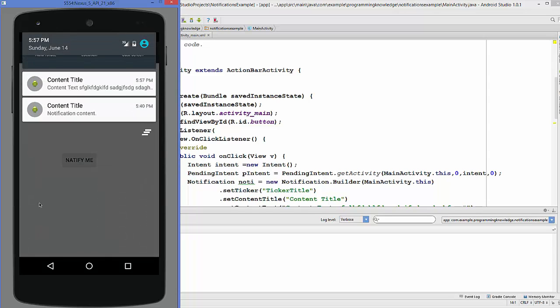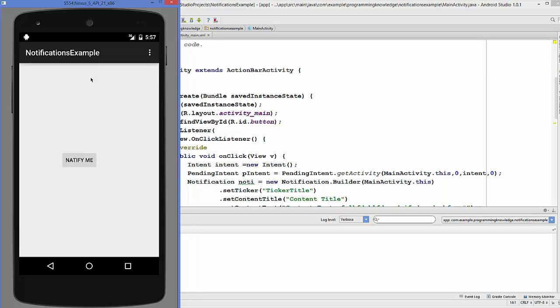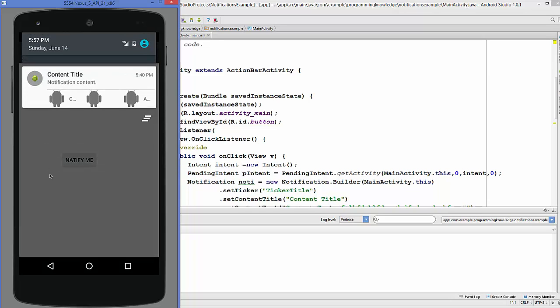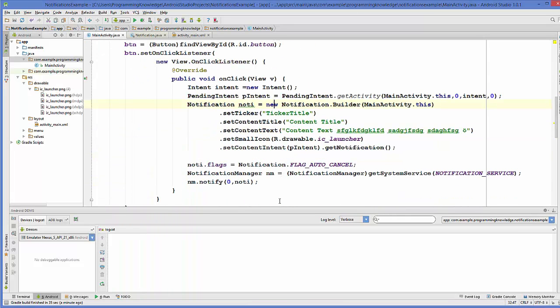So when I drag this, I can see this content title, which is this one, and then the content text, which I have entered some random text here. And when I click this, this notification is gone. Okay, now in order to add some more features to your notifications, something like these icons and some more content or some more actions, what we need to do is, let's go to our code here, and in here